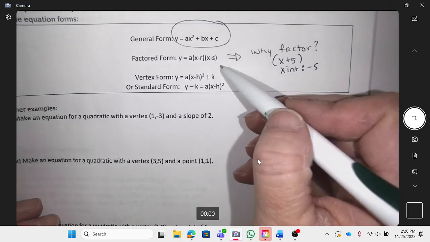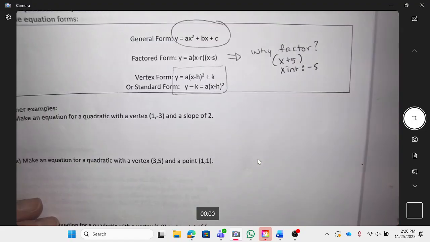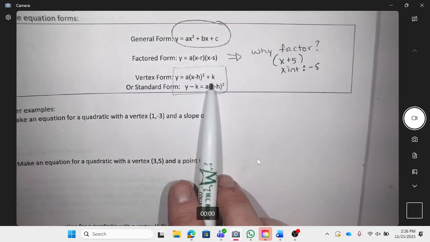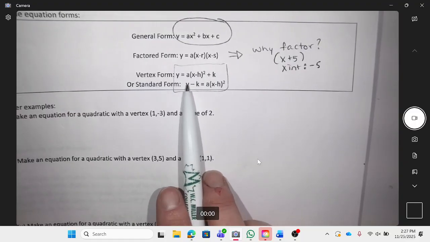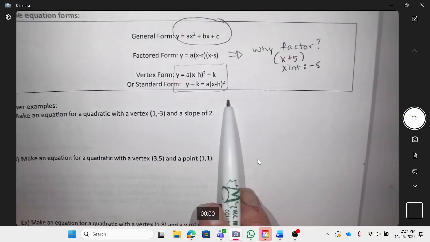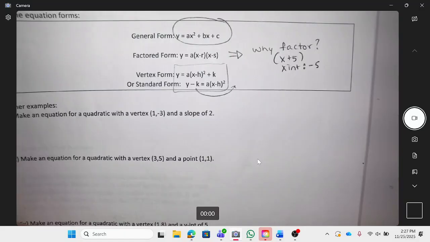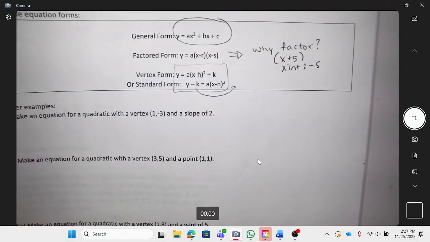And then we had this form. Okay, what's the difference between those two? Y is alone, or y was not alone. So you just have to move, right? Remember? Move that to get it alone. Okay,